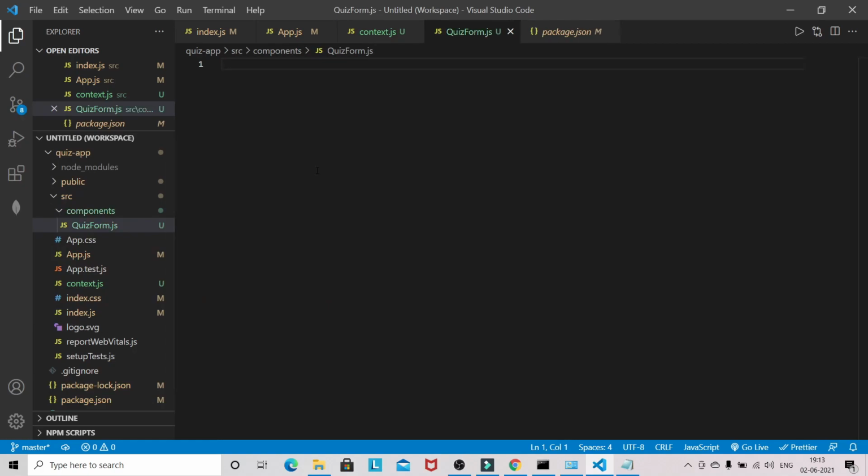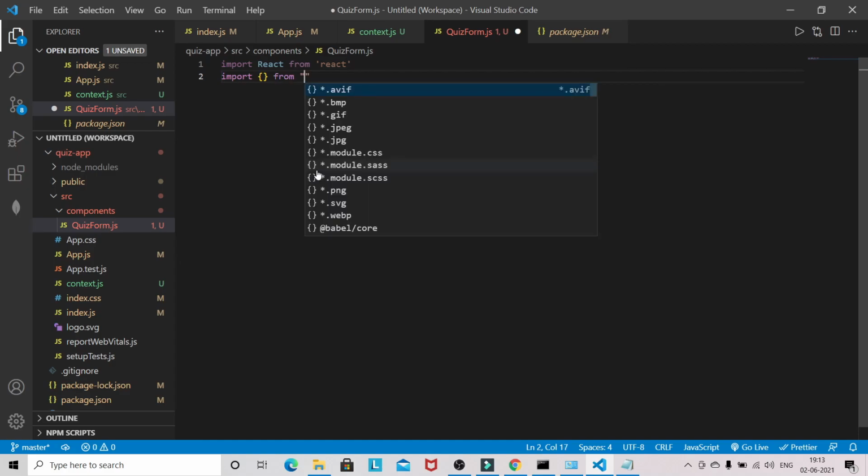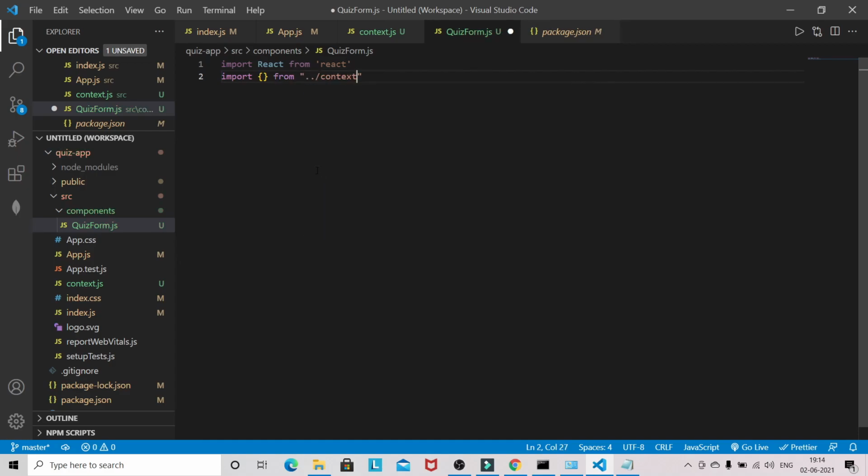Here I will be using Bootstrap classes. So import React, and from context I will import useGlobalContext. Now const QuizForm.